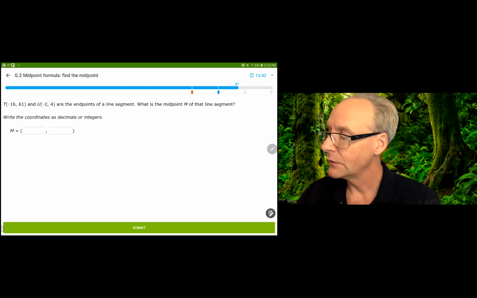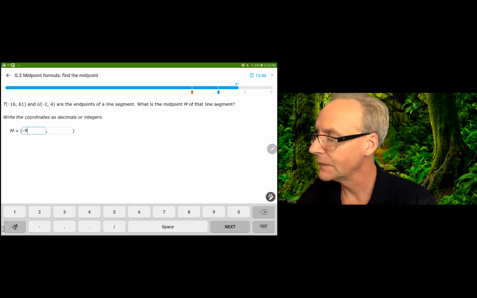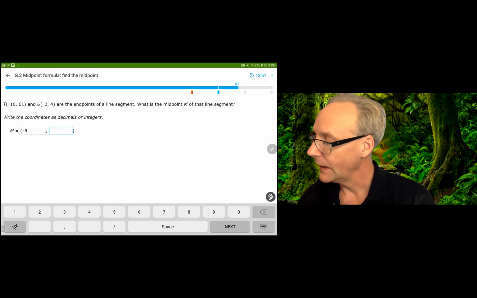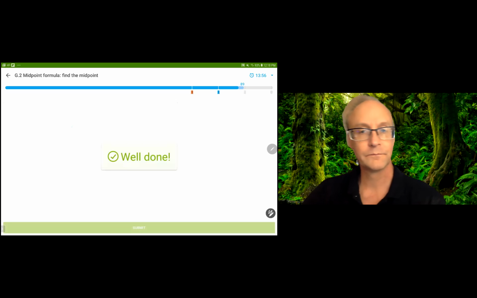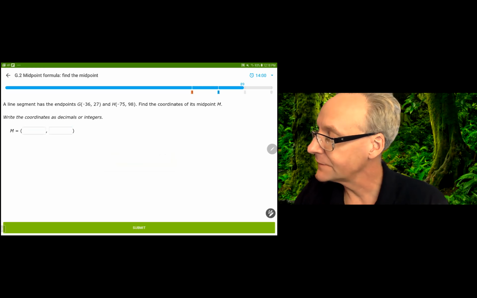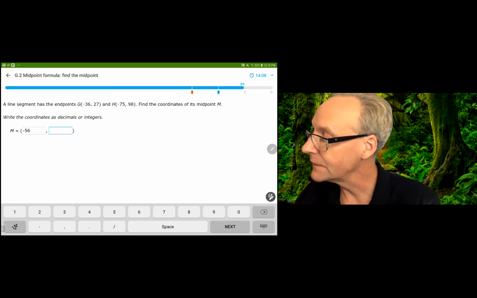For this one, we have negative 18 divided by 2, which is negative 9 for the x values. And for the y values, we're looking at 65. And half of 65 is 32.5. For the x values, it looks like we're looking at negative 112, which would give us negative 56. And that is negative,